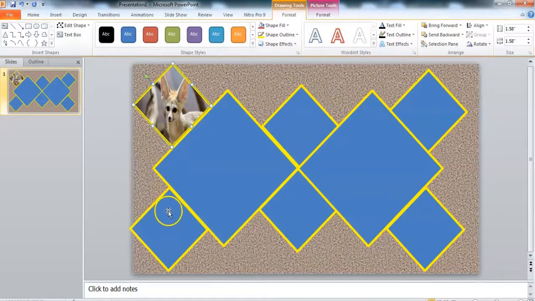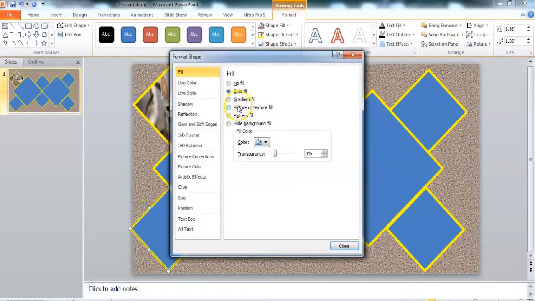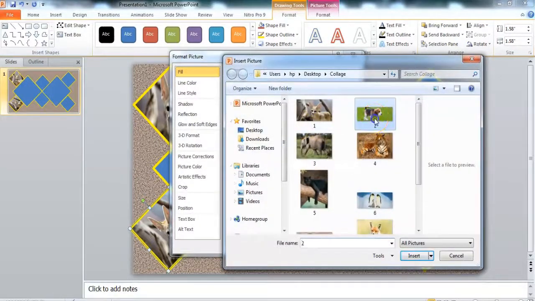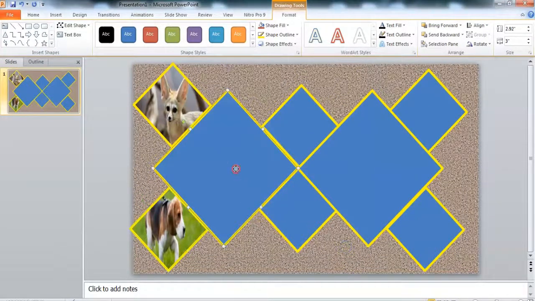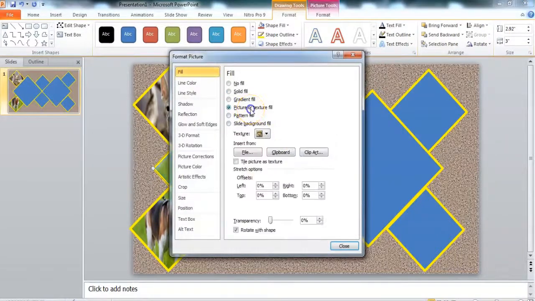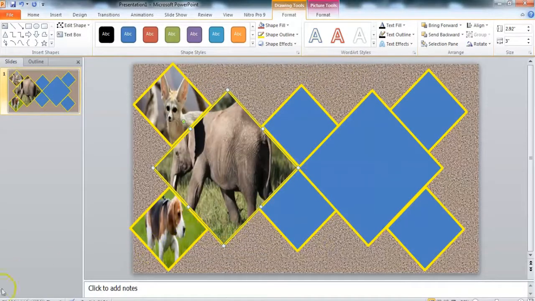Now fill another picture, format shape, picture or texture fill, go to file, select another picture, insert, remove this check mark, close, go to another shape, format shape, picture or texture, file, select the picture, insert,